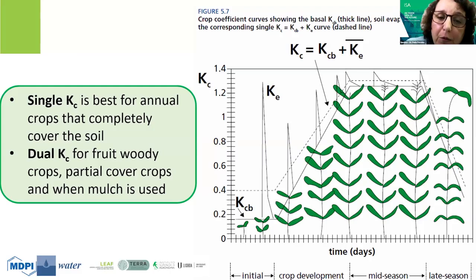We have the single crop coefficient, which is best for annual crops or crops that completely cover the soil, and then we have the dual crop coefficients. Normally, it is used for incomplete cover of the soil, for woody crops, and also for mulched crops, because we will have a higher impact on the evaporation coefficient. So we have to determine